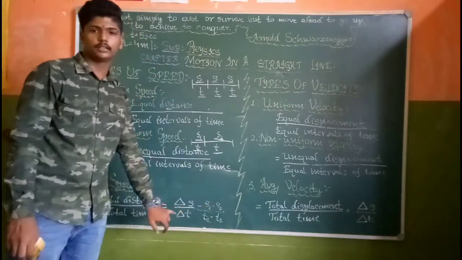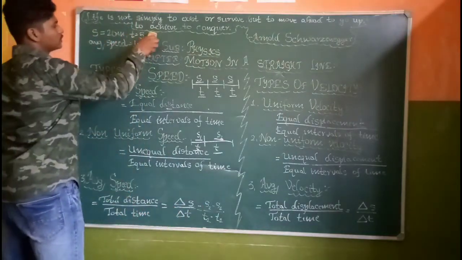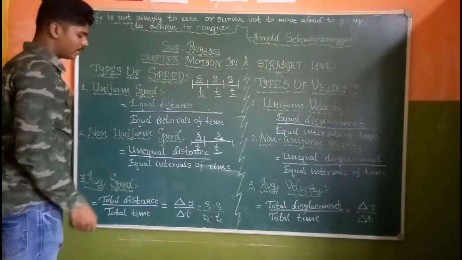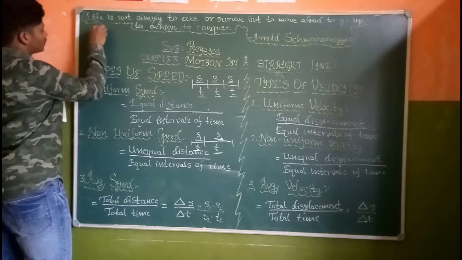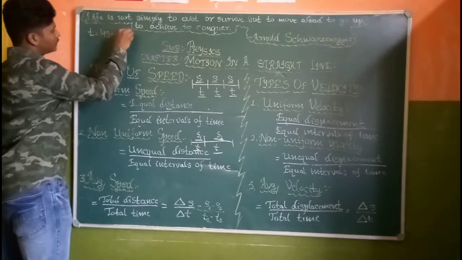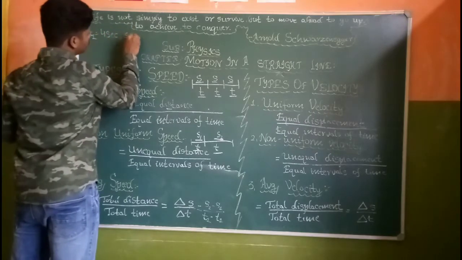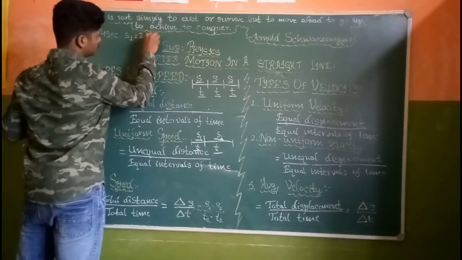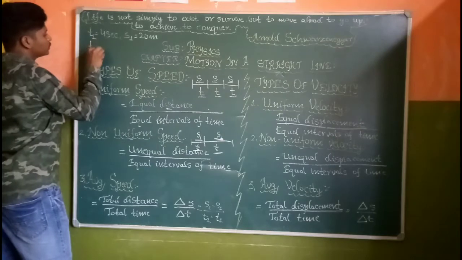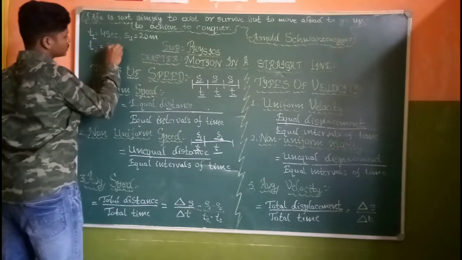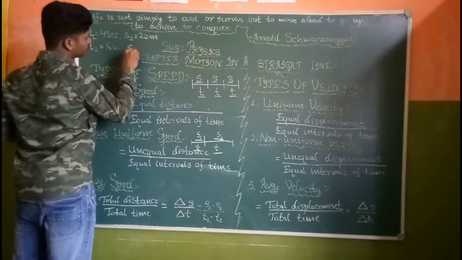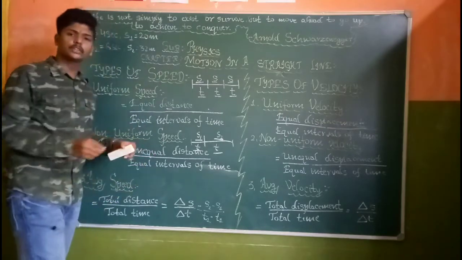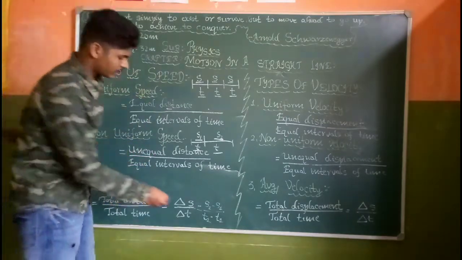When they give the positions, they will say that at time t is equal to 4 seconds, the object is at 20 meters, and at time t is equal to 8 seconds, the object is at 32 meters. So they will ask you to find average speed. How will you calculate the average speed? By using this formula,